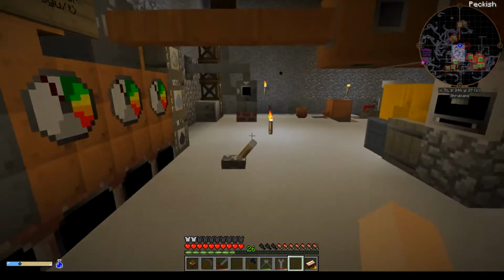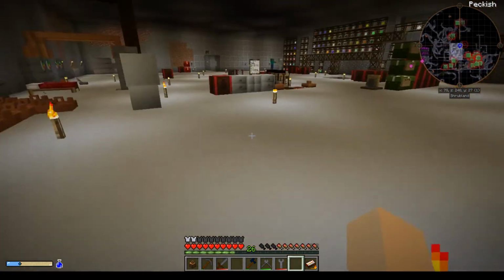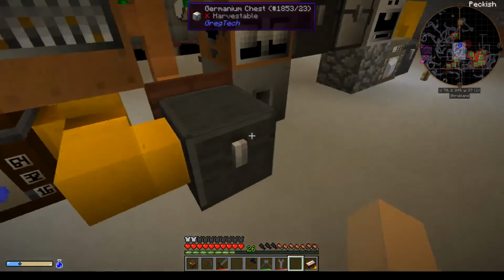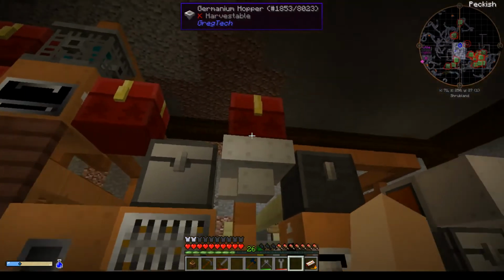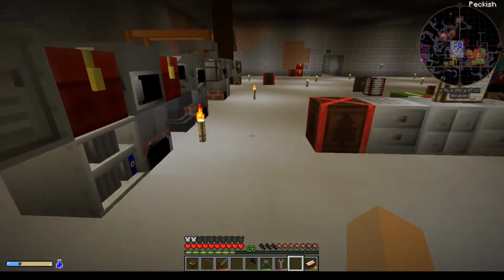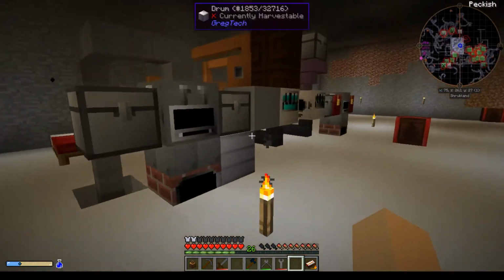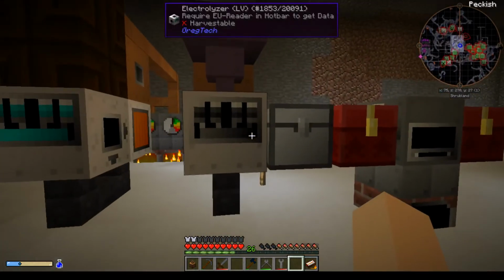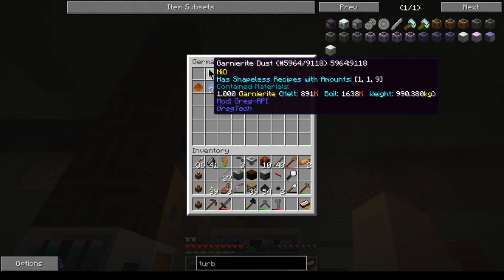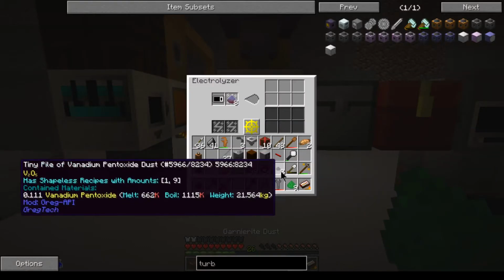So now I have steel for my shredder. So that'll make it run a little bit faster than what it was. Because my god, this thing is slow. Alright, so this is heating up. Let's go ahead and grab the garnierite out